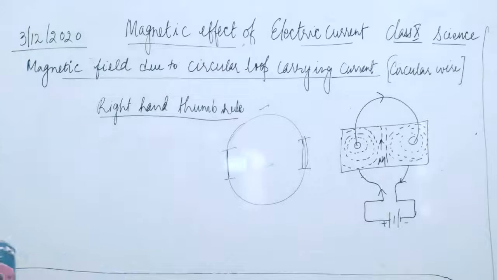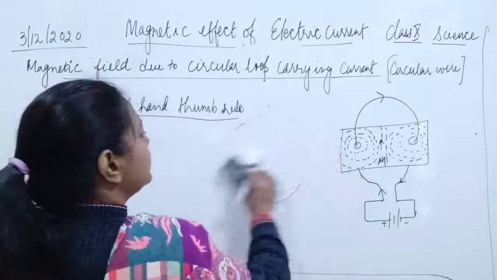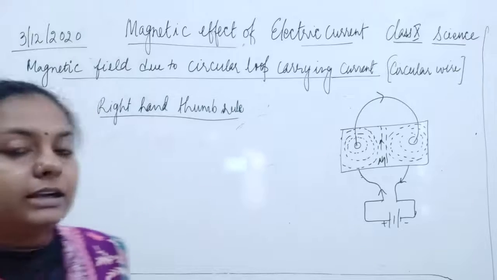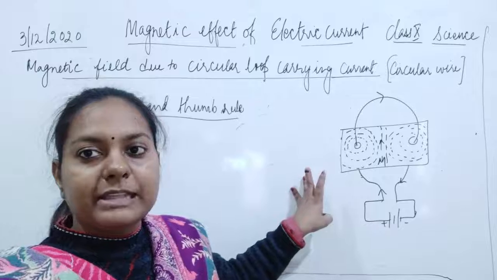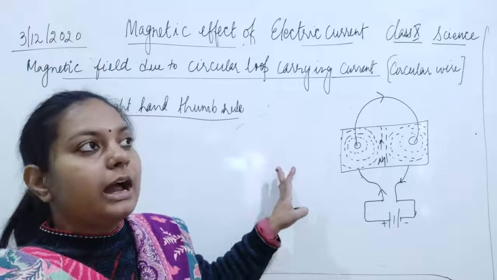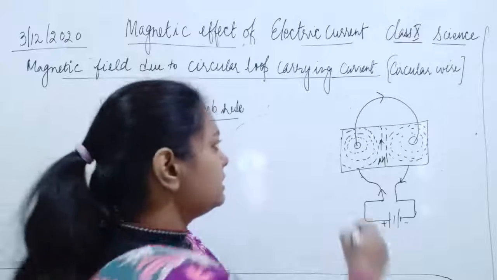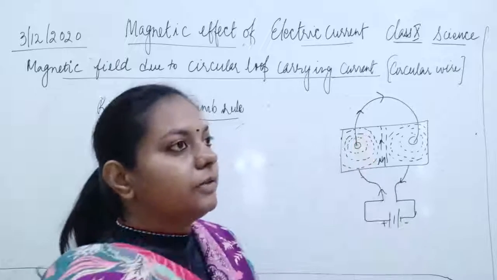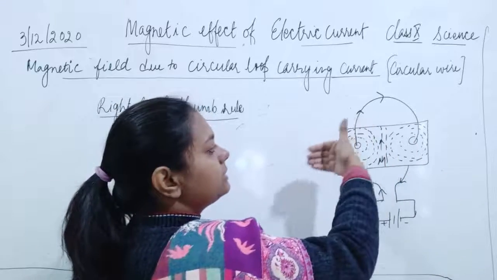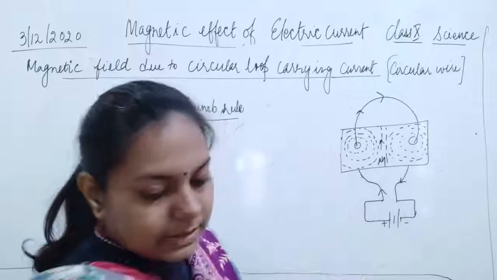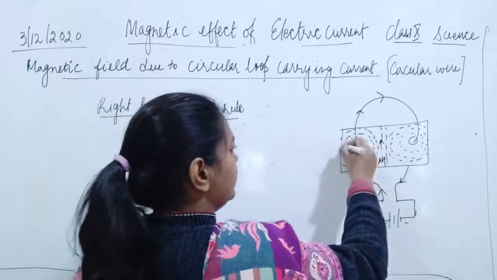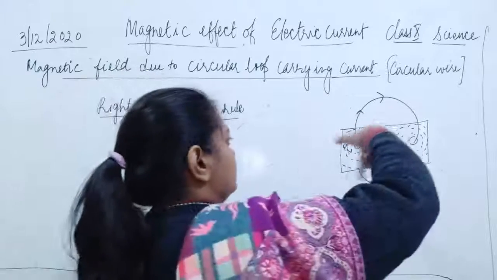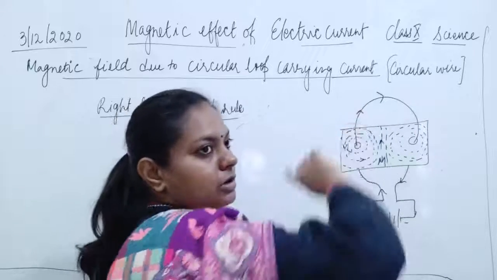So what happens? We will observe the magnetic field in this portion very similar to that of the straight current carrying conductor. So the rule remains the same, and now here it is saying that इधर से इधर की तरफ move कर रहा है, direction is upside, and right hand thumb rule says if we hold a wire of current carrying conductor in our right hand, the field is said to be in the anti-clockwise direction. ठीक है, ऐसे की तरफ move कर रहा है, यानी इधर की तरफ move कर रहा है, in the downward direction. ठीक है, इस तरह से. ओके, इस तरह से एंटी क्लॉकवाइज डायरेक्शन में.